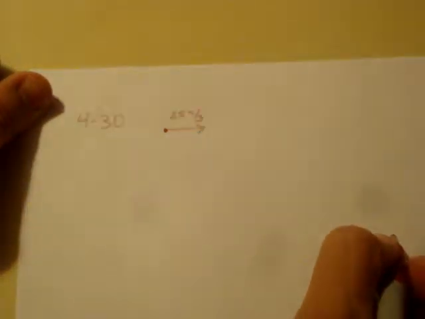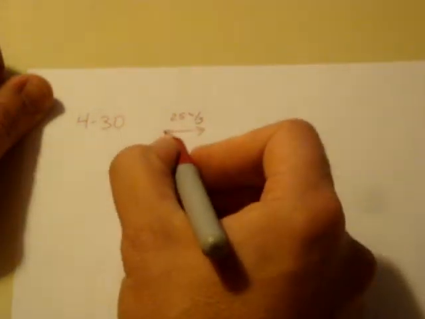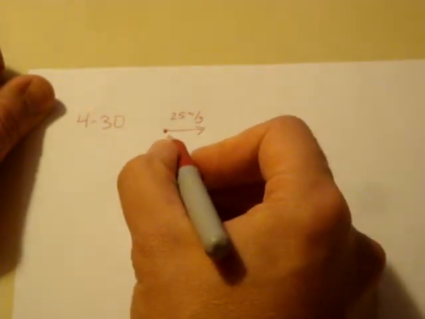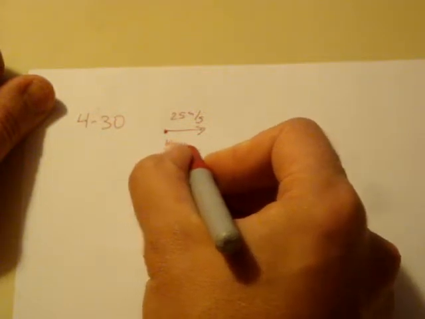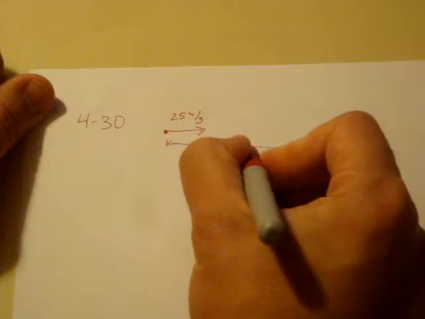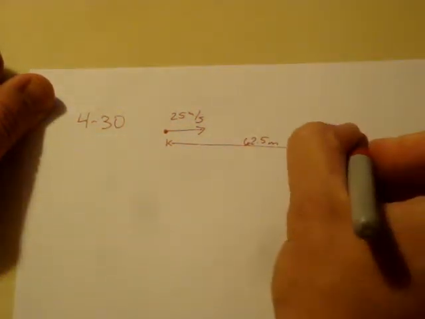Suddenly, a constant force of 15 newtons acts on it, bringing it to a stop in a distance of 62.5 meters. So it is moving at some speed, and it's going to travel some distance. And then after it travels this distance of 62.5 meters, it comes to a stop. So we're here,